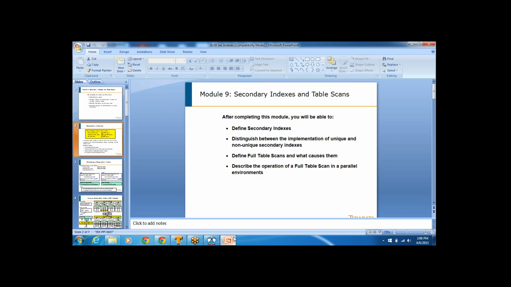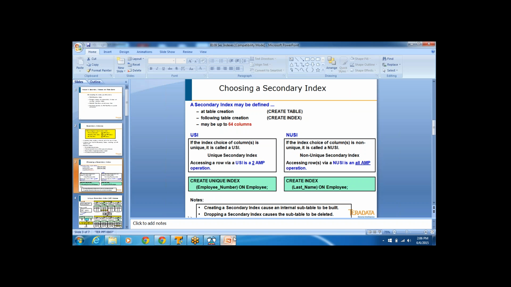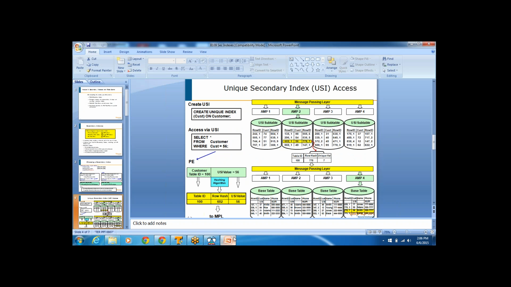I say create index, and it will create a secondary index subtable on each and every AMP of the system. A secondary index subtable generally consists of 3 columns. The middle column is going to be of